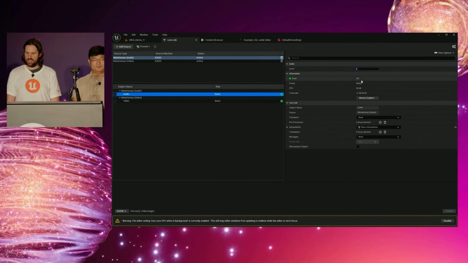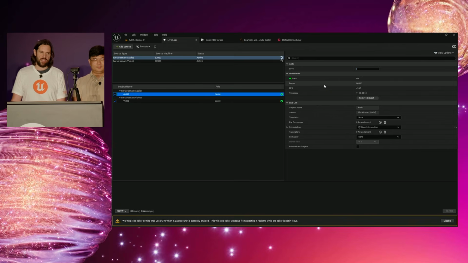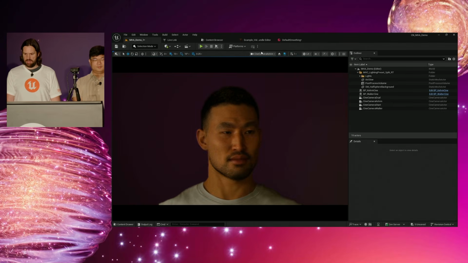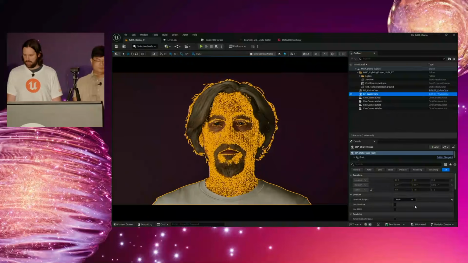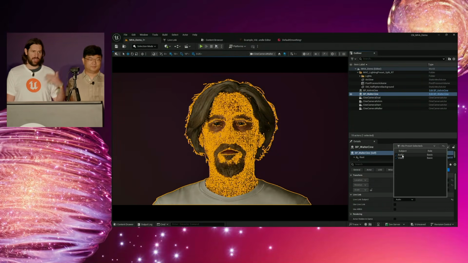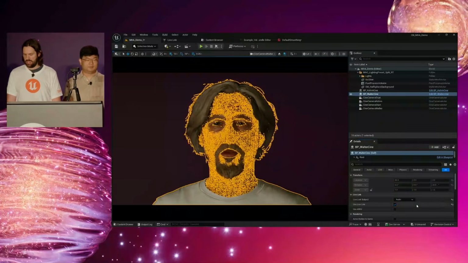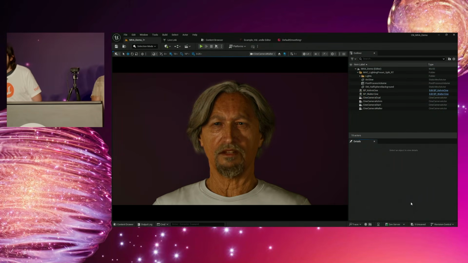And the other thing worth mentioning here is the FPS. With all of our audio processing, we output at 50 frames per second at the moment, because we found that's a nice balance between the quality of result and the processing power needed to generate it. If I jump back into our demo and switch to my Walter character, I can wire up my audio source in exactly the same way as I did with my video source. So we click audio, click use Live Link, and now we can see we've got animation coming into a MetaHuman,